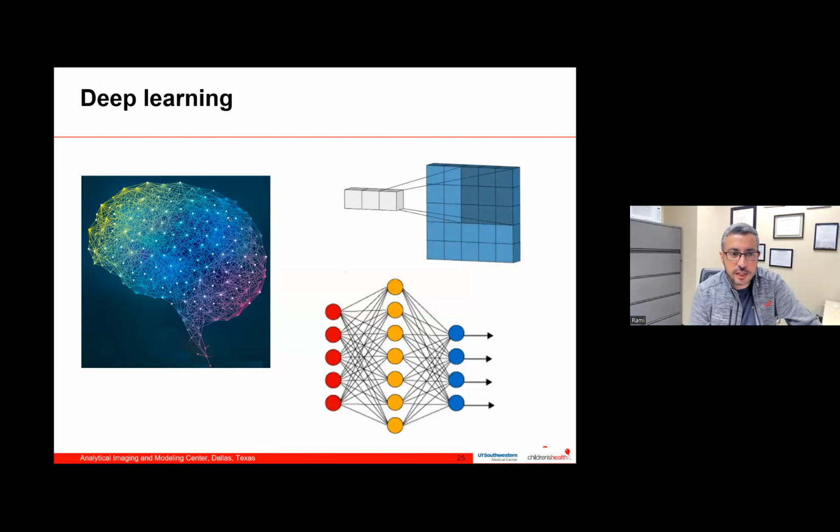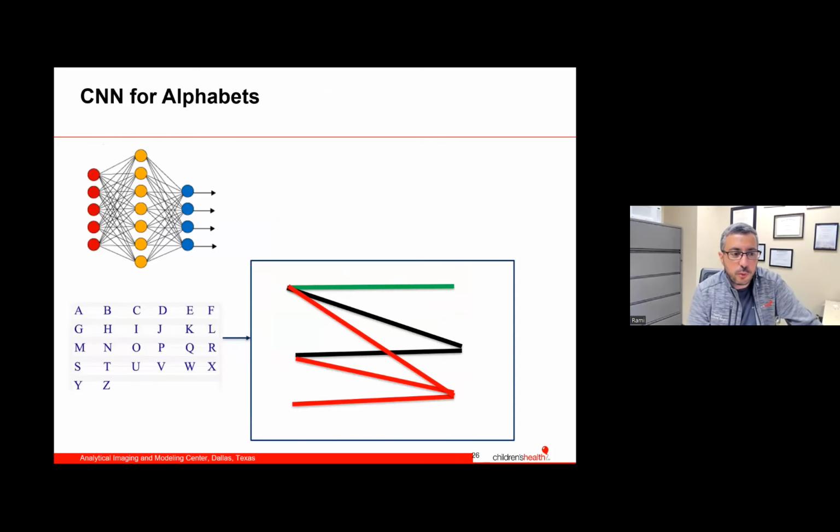When we look at an image, we scan the image by pieces, extract features, and then from these features find what the image is trying to tell us. That's how CNN, or convolutional neural network, works. So if I were to take these 3 letters, for example, the letters I, P, and R.